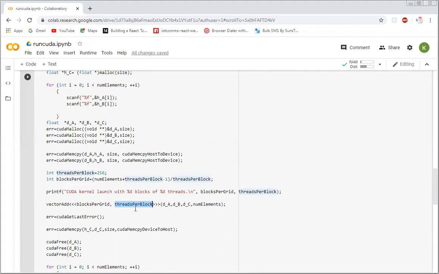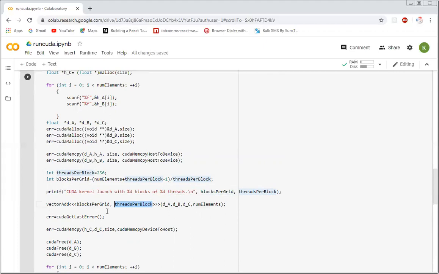Okay, for example, the size of your array is going to be 100. In that case, you can define one block and each block having 100 threads, or you can define for 250, two blocks and each block having 50 threads, or you know that there is a setting of 32 threads kind of thing.